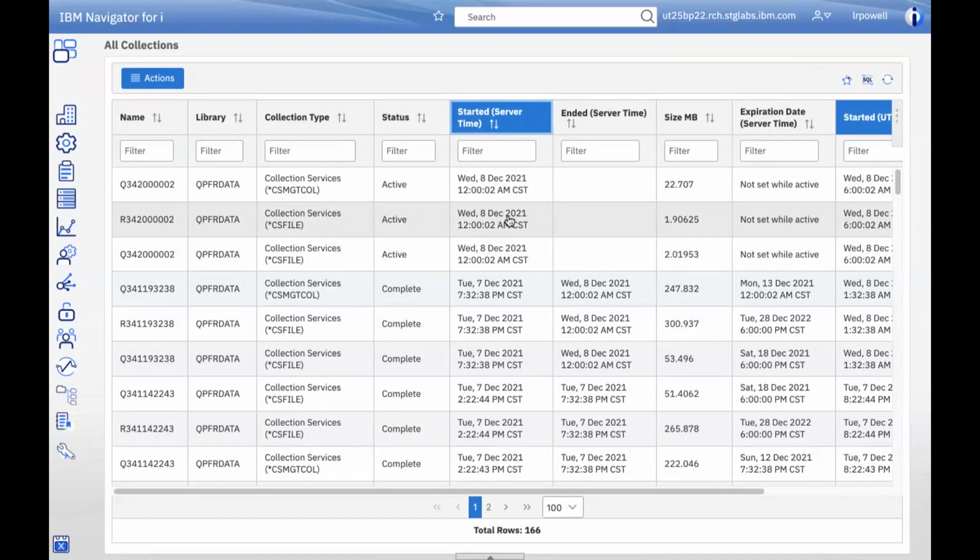That is probably what you most likely first think of: what time was it on the server when it cycled, when the collection started. And so here you can see it was midnight. But there's also some